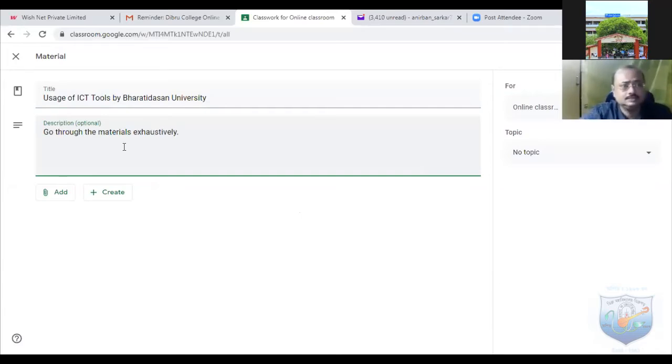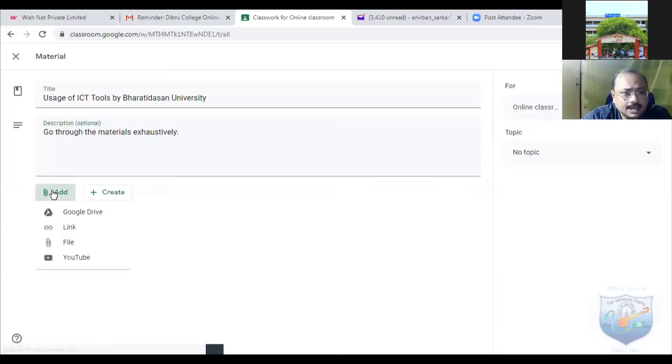So you can give a description. Now, what you can do is add this note. If you already have it in Google Drive, you can share from that. You can share the link. You can share any YouTube video as well. You can share a file. Now, since I have already downloaded these materials and I want to share them with you,